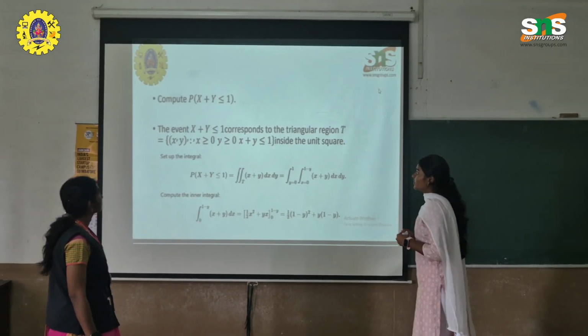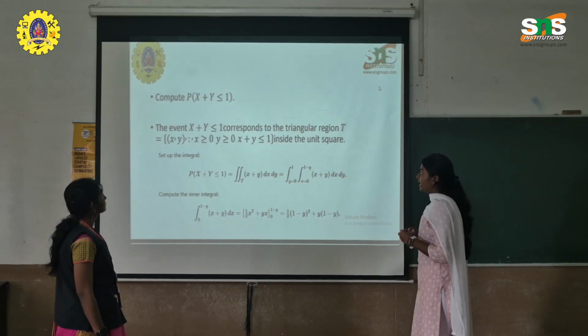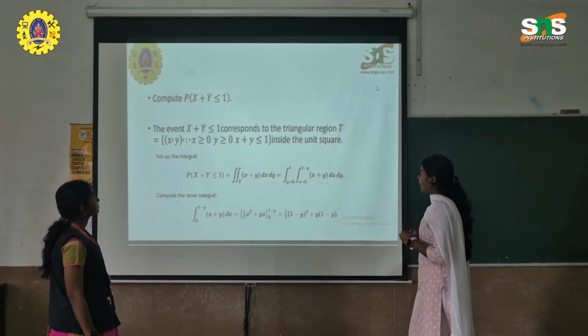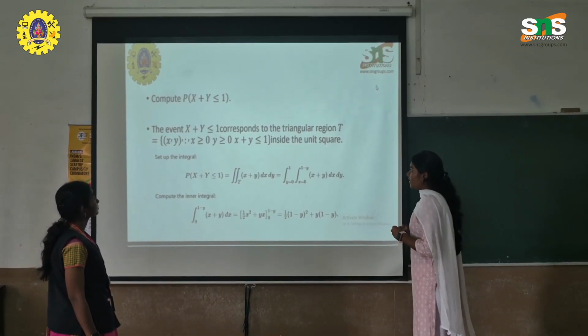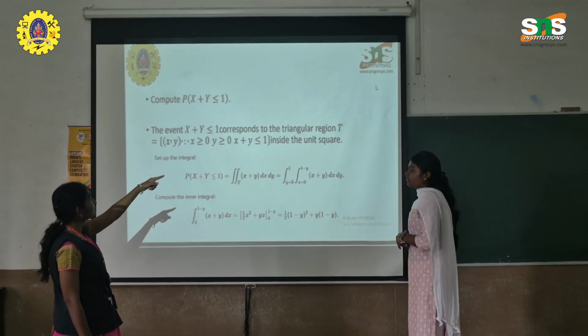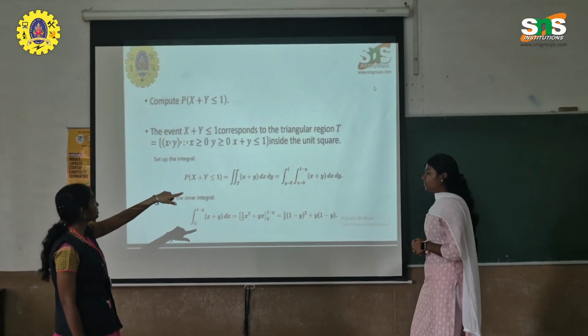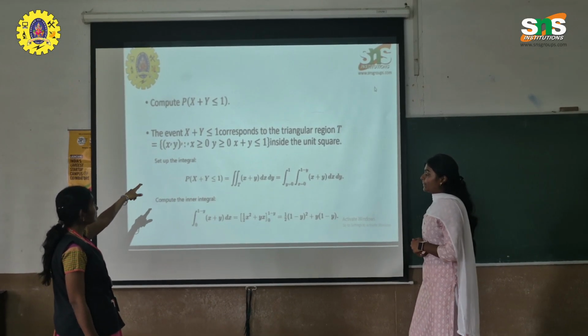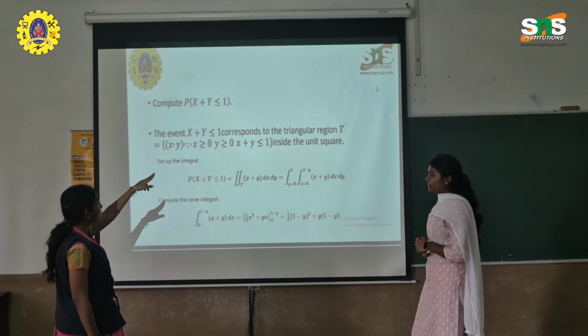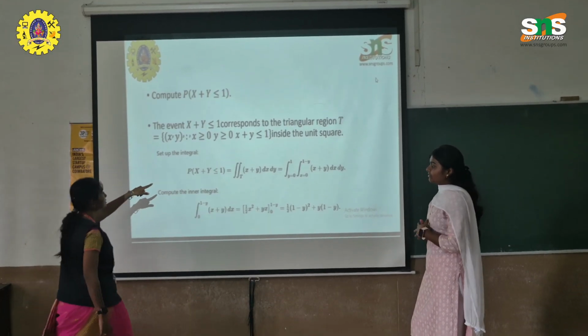Compute P of x plus y less than or equal to 1. The event x plus y less than or equal to 1 corresponds to the triangular region E, the set of (x, y) with x plus y less than or equal to 1. This triangular region lies inside the unit square, so we are going to set up the integral over this region. Therefore, P of x plus y less than or equal to 1